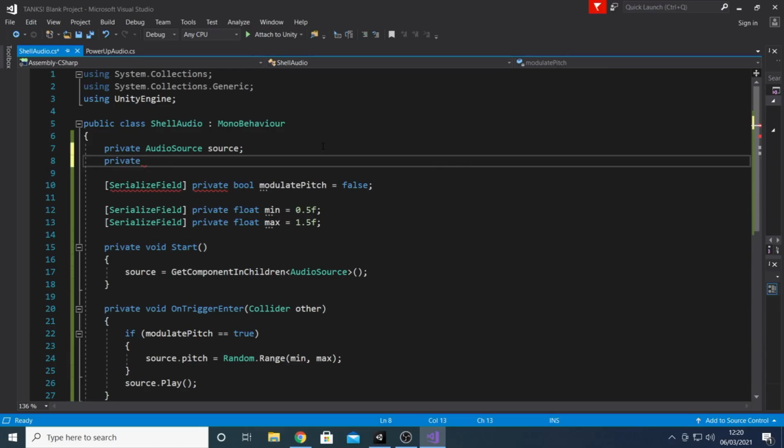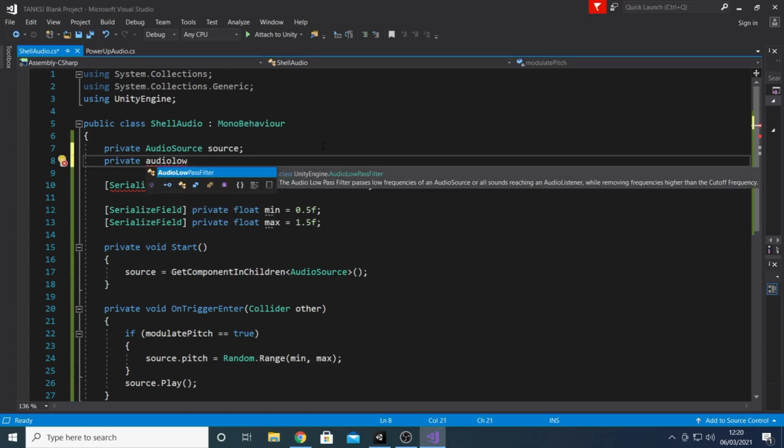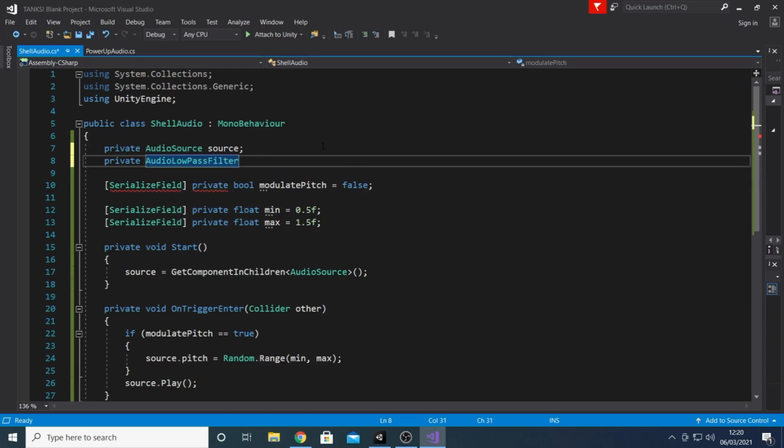Remember that the data type will need to be the same as the name of the component itself, so that will be audio low pass filter. Then I can give my variable a name, so I'm going to call mine filter. Now remember, this variable is currently empty. What I need to do is give it the specific audio low pass filter component that I would like to